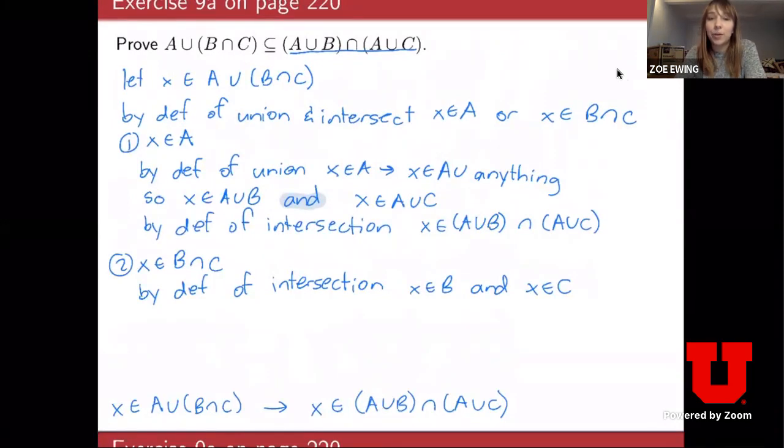Okay, so remember that we're trying to show that X is going to be in both of these two sets. We've got the X's in B, we've got the X's in C. So what's next that we need to prove so that we can say that it's in both of those two sets? Prove that X is in A. And we can use the same property as before,